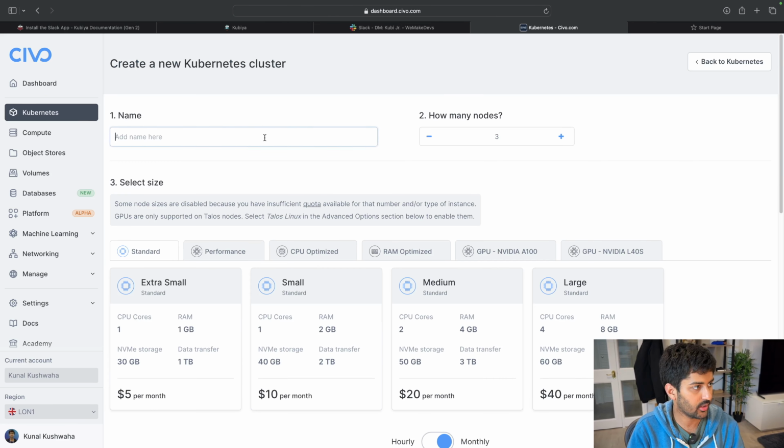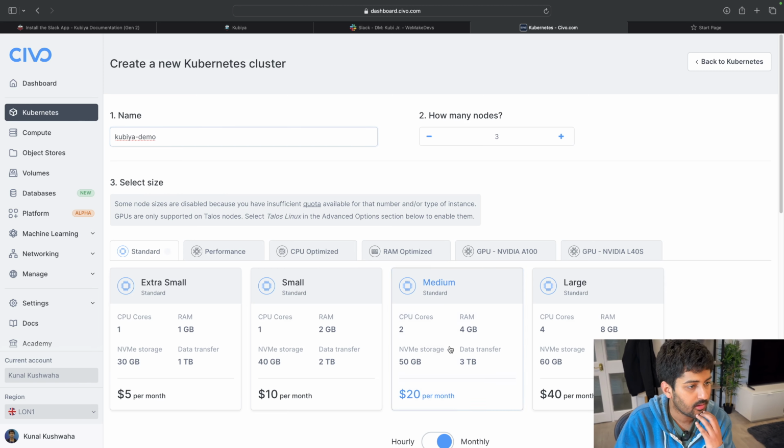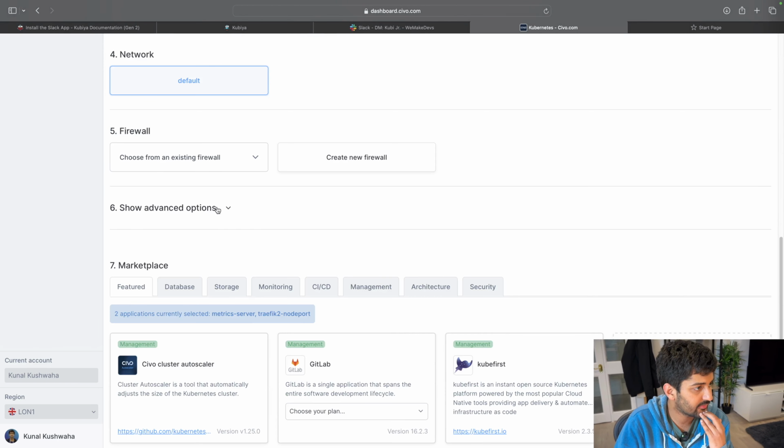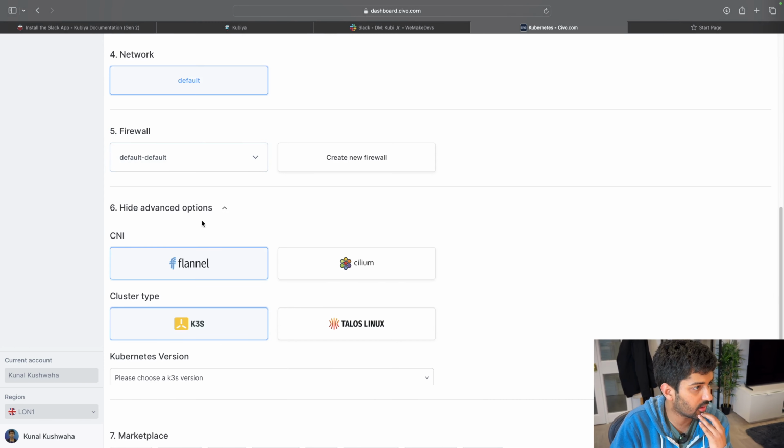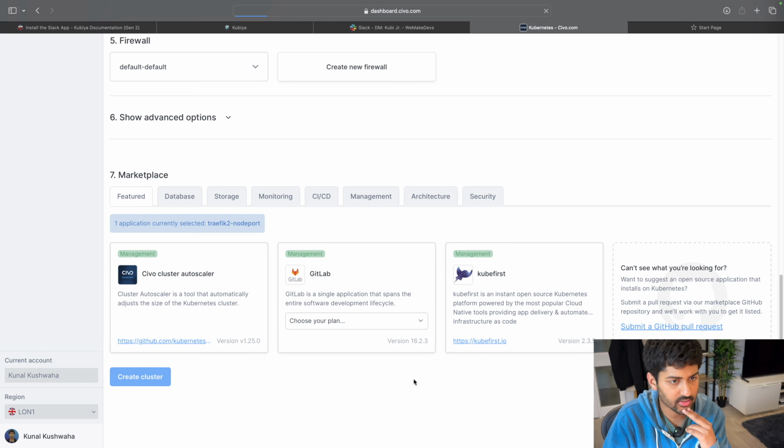I'm going to call it Cubia demo, and default, let's use Cilium, and marketplace, I'm just gonna leave it as it is. Create cluster.